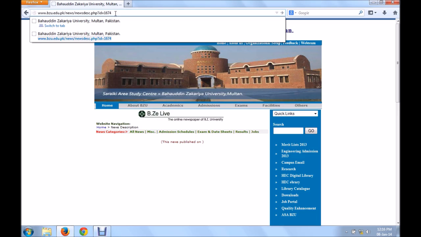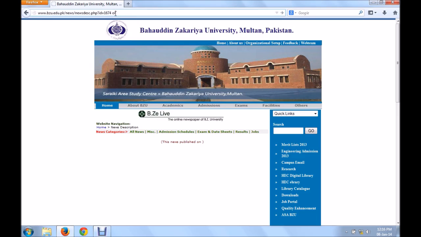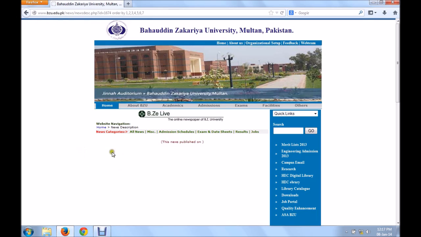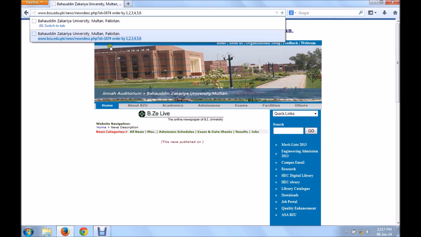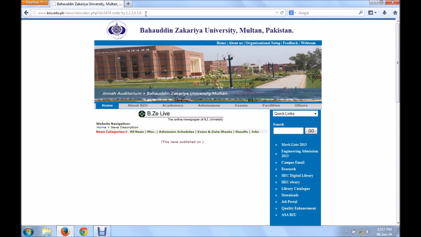So I would like to check at which column it is vulnerable. I would like to apply some SQL queries, that is order by and some column number. Let's say 1, 2, 3, 4, 5, 6. We have to check at which column it is throwing an error. See, till 6 this page is normal. Okay, I'll apply 7. Now here you can see at the point of 7 it is showing me an error. It means it is having vulnerability till column number 6.